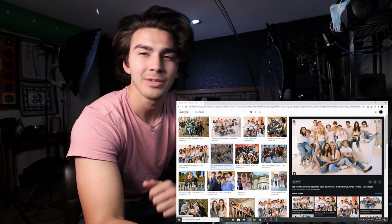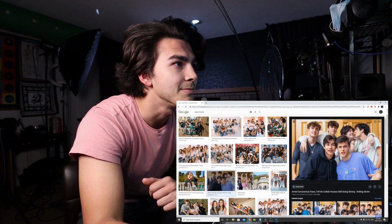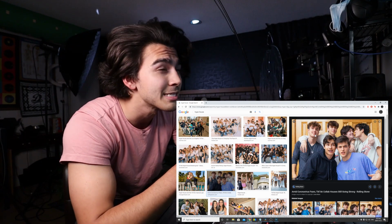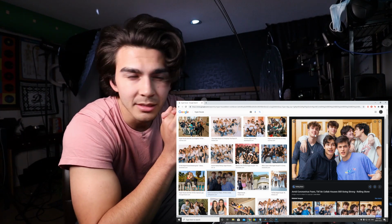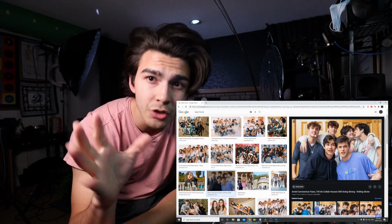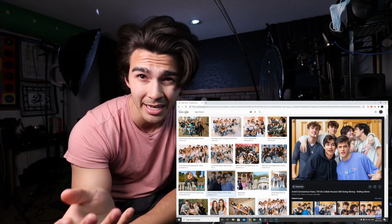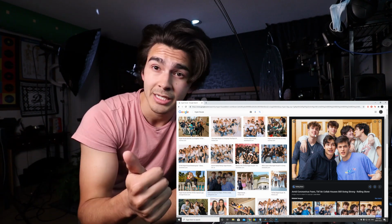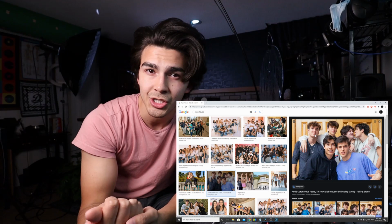So diverse. Let's see if we can find something here. Yeah, something like this, similar indicators. It looks a little frizzy towards the ends, which probably has to do with his color, but okay, major points of this. Sparse to medium density. He doesn't have the thickest head of hair, but he's not going bald or anything like that by any means. It's just not the thickest head of hair. Texture-wise, fine to medium texture, and